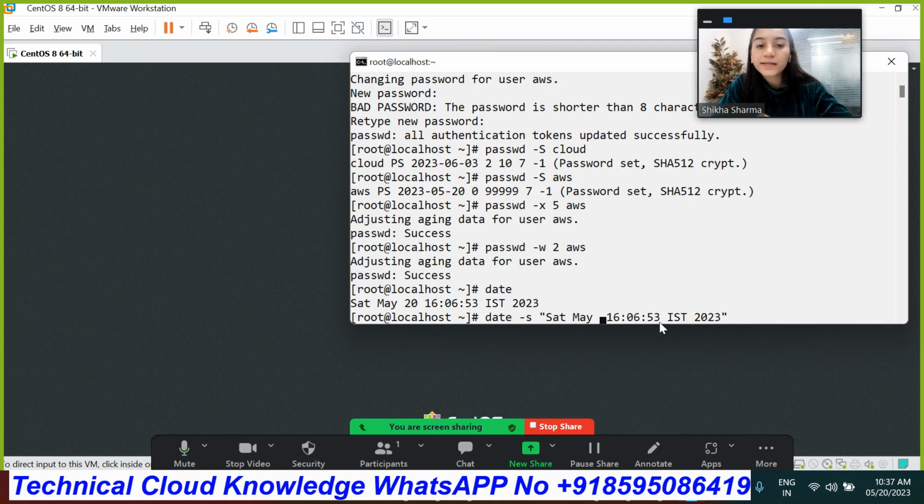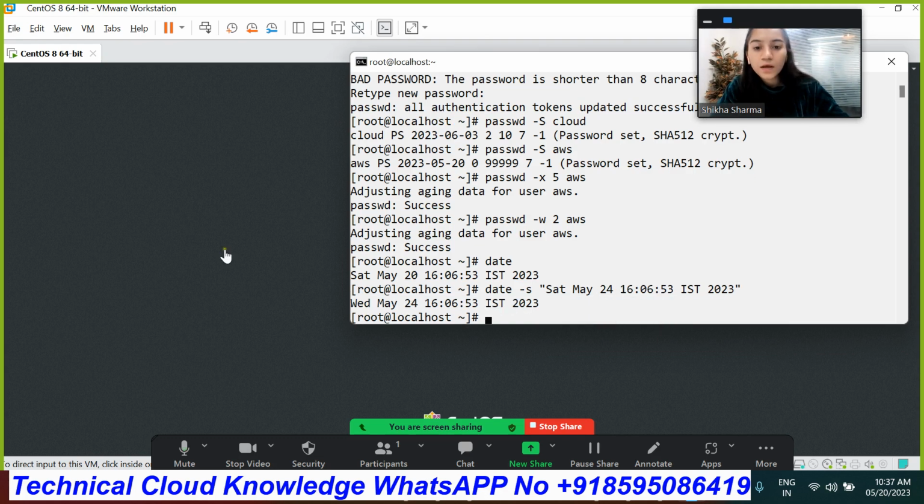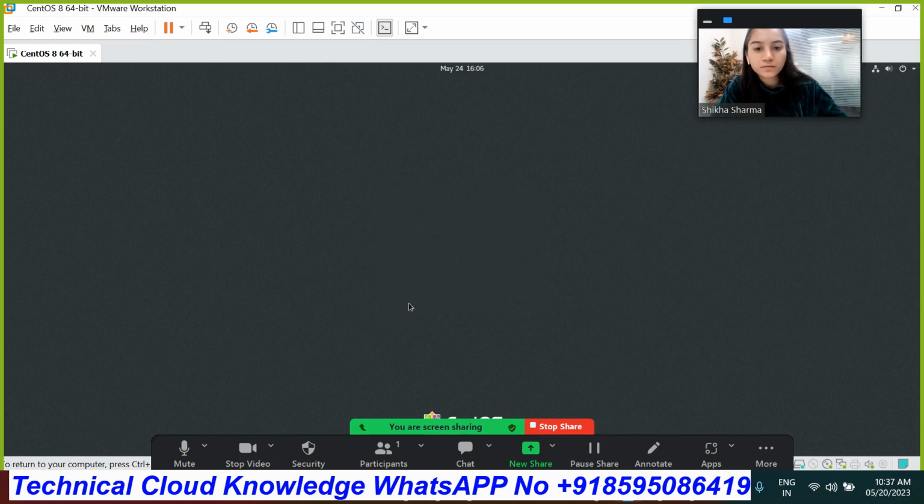So after 5 days it would be the 25th, and 2 days before we will get the warning message. So let's make it the 24th of May. And now let's check. See, warning, your password will expire in 1 day. So that's how we are able to receive the warning mails.